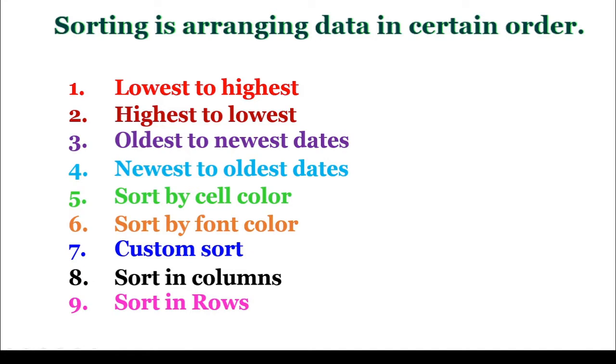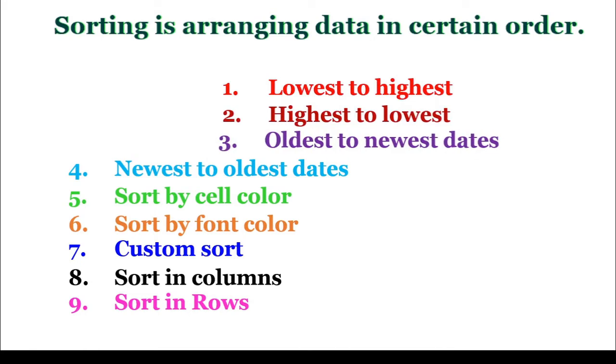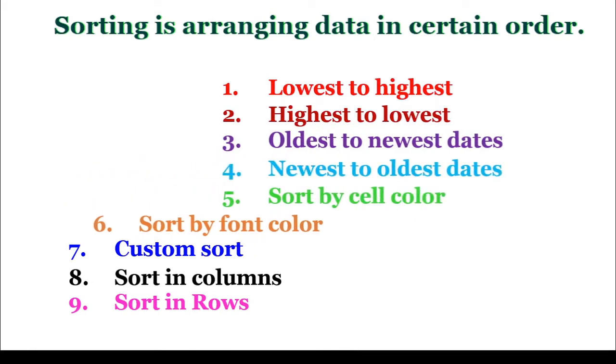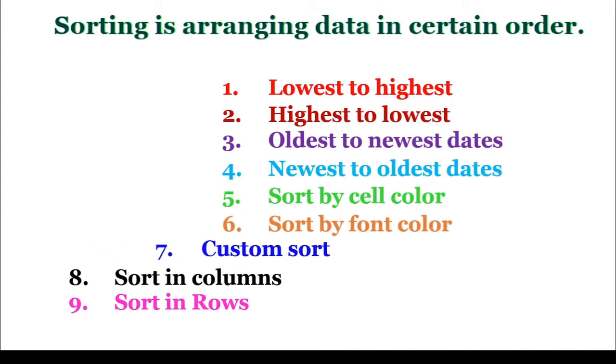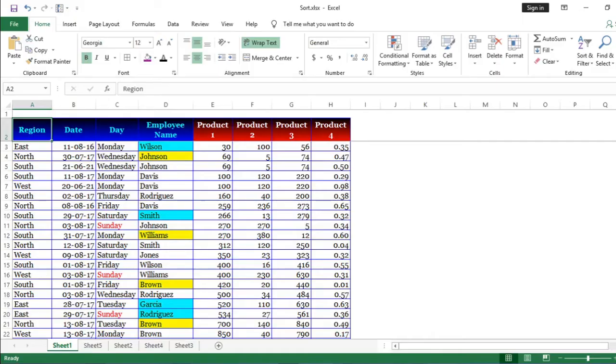We will learn how to arrange data from lowest to highest, highest to lowest, oldest to newest dates, and newest to oldest dates, sort by cell color, sort by font color, custom sort, sort in columns as well as sort in rows. We will also learn multiple sorting in the same table. So let's begin. In this example, I have four types of data: text, date, whole number or integer type number,